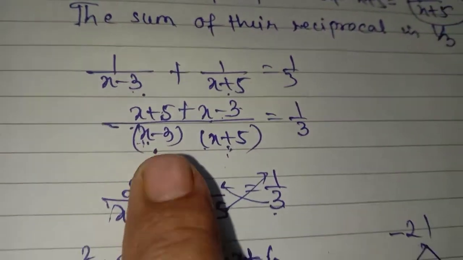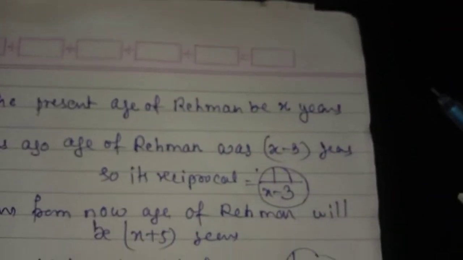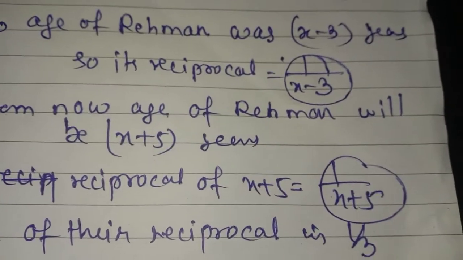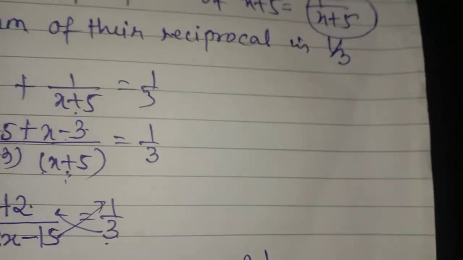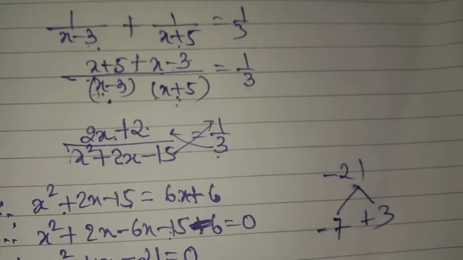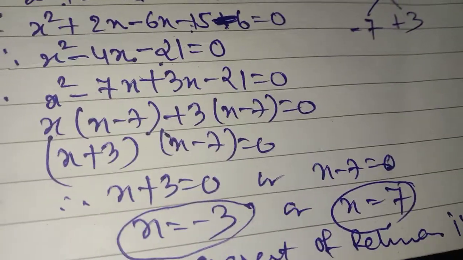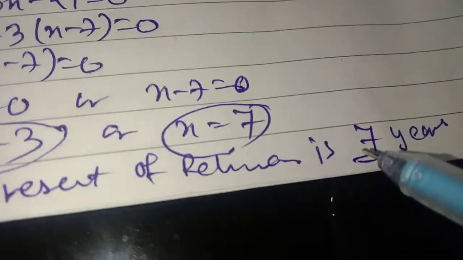See the calculation. Whatever the mistake was there, I just reconfirmed it, and then you have to make the equation like this. Don't hide any statement. Write the full statement, otherwise your marks will be deducted. Then go for the standard form, and after that solve using either the quadratic formula method or the splitting method. And don't forget to write the final answer along with the particular unit, like we got Rahman's age is 7 years. Clear?